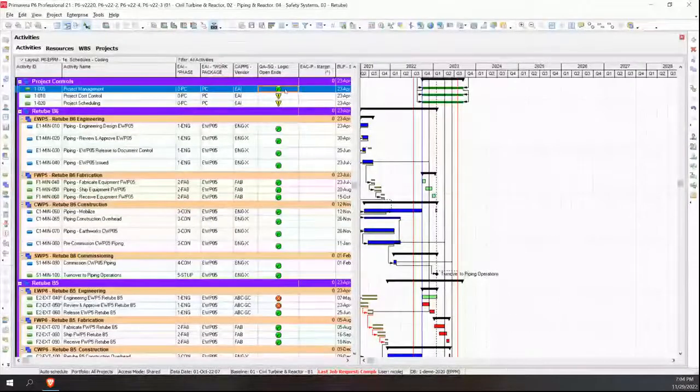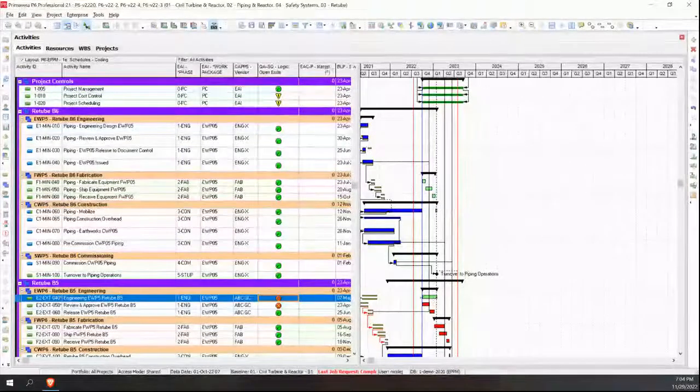Okay. This is just an example that I threw in here. And this particular field is from one of Emerald's add-on tools called P6QA. And this is highlighting that some of these activities are missing logic. So this activity might have been added to the system and we forgot to build the logic. Okay, so I can see here I've got the review of the engineering work coming before the engineering is finished. So that's probably wrong. So I should build logic